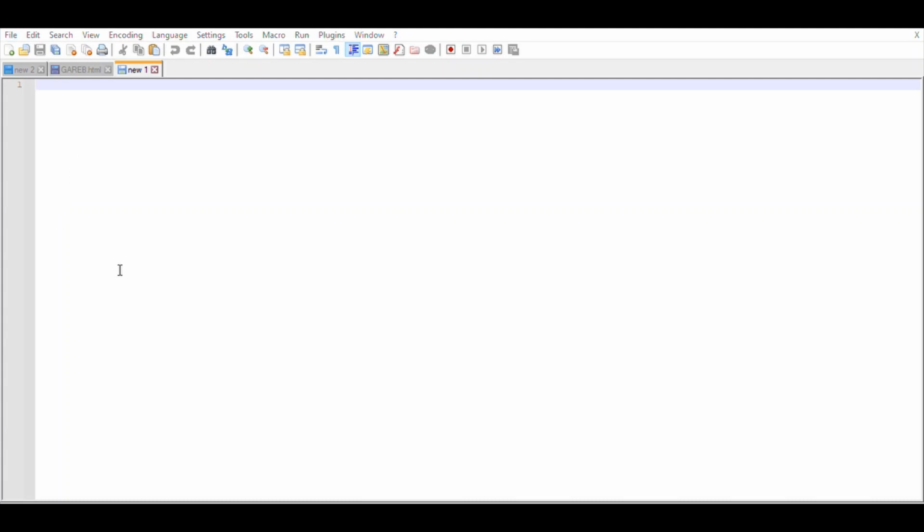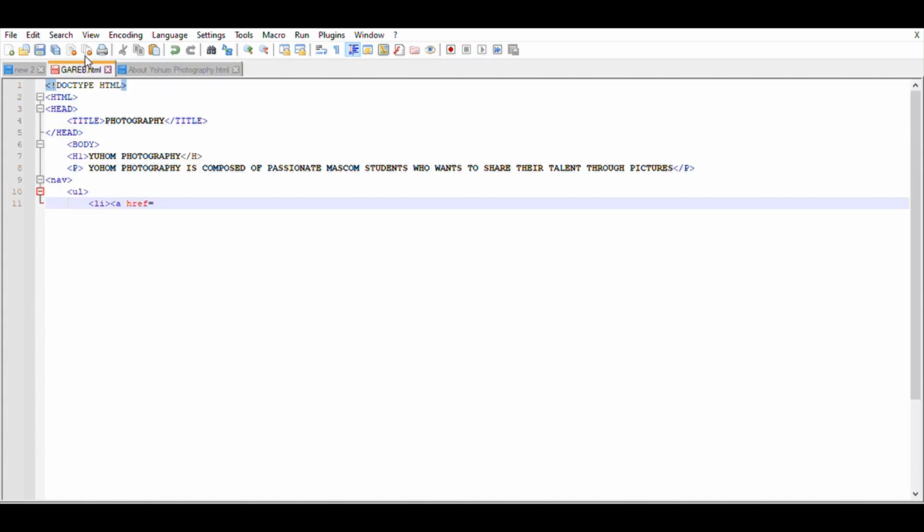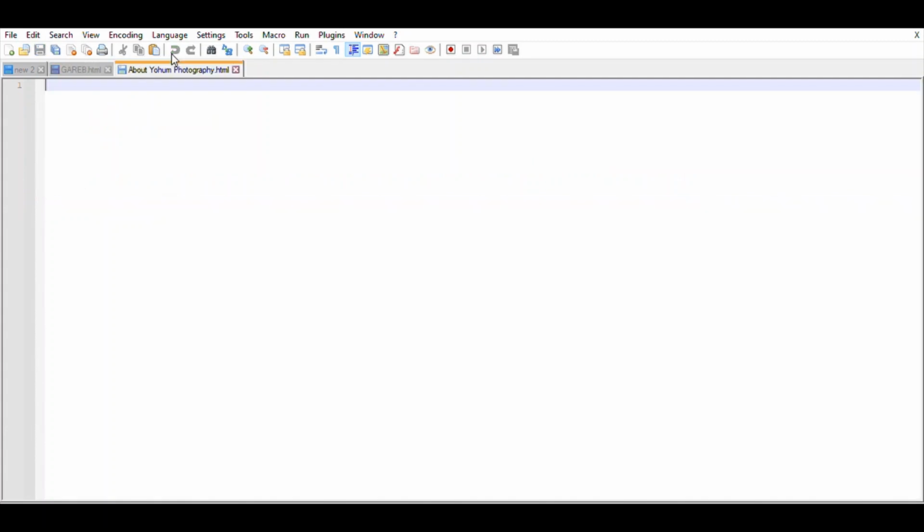change, about. Okay, don't forget to change the file type as well. Okay, so this one I'm going to make a list from this HTML going to the home photography. Okay, so